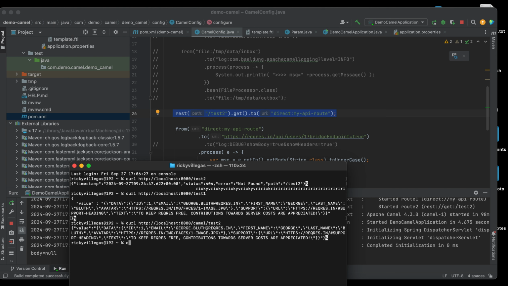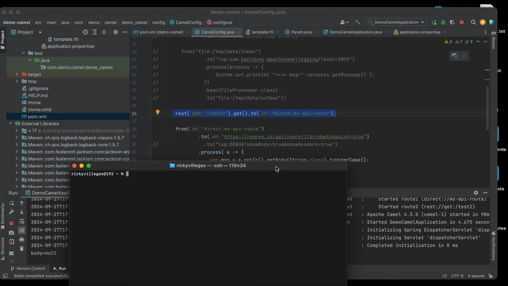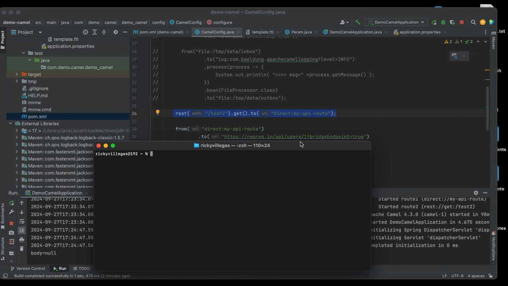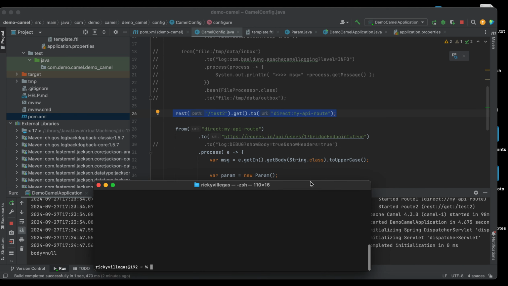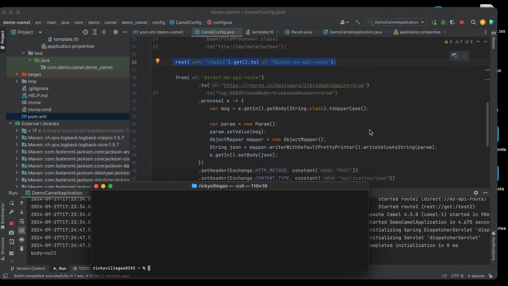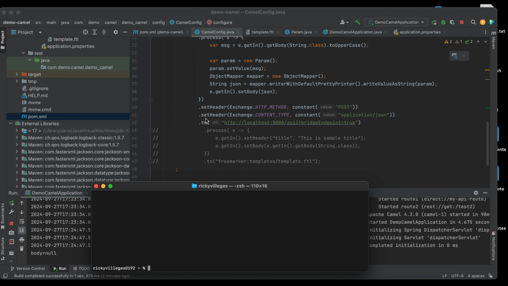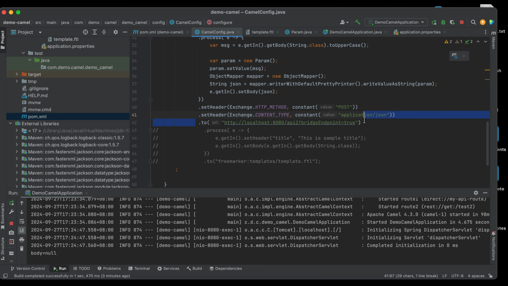All right, so the second part of my demo is I want to show you how to use the Freemarker framework in Apache Camel. Sometimes after calling a REST API, we need to call another API, let's say SOAP or an MQ API, right?